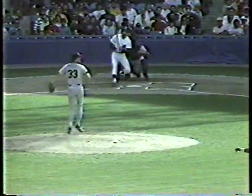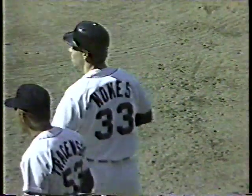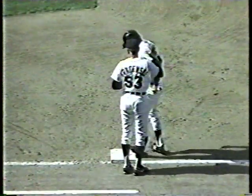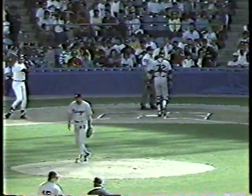2-2 pitch. Base hit. We'll get a look here. They're going to hold up Whitaker. And Reedus throws all the way through. Holding it at first, though, was Noakes. And the big slugger, Darrell Evans, is coming up with 1 out. Last night, they ran on Reedus on a fly ball. He was in center field, and his throw was a little bit weak. Today, he throws it in there, overthrowing the cutoff man, but...